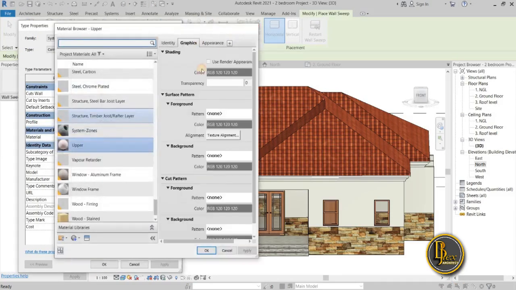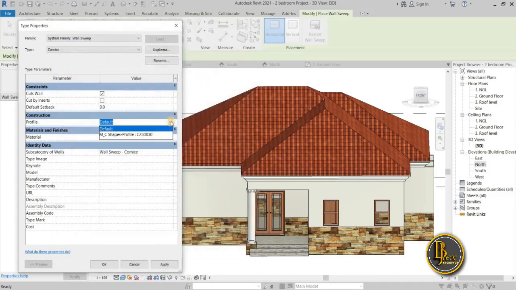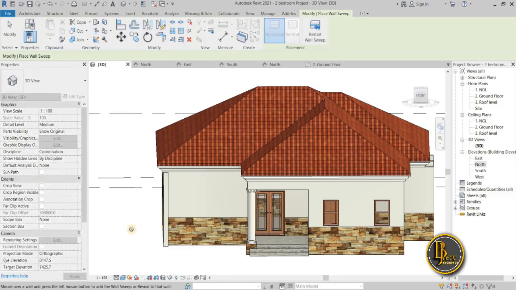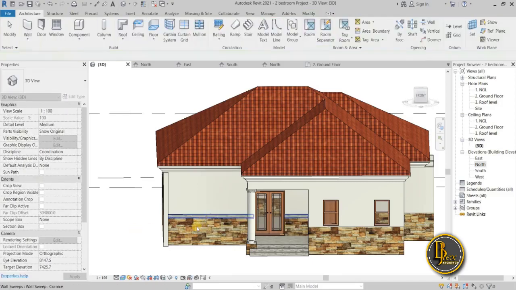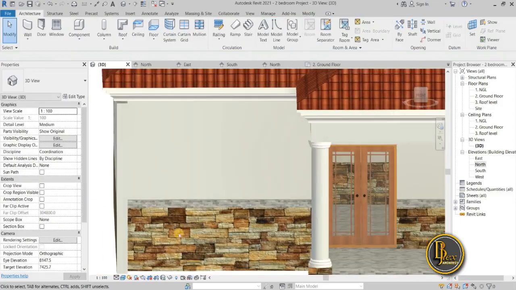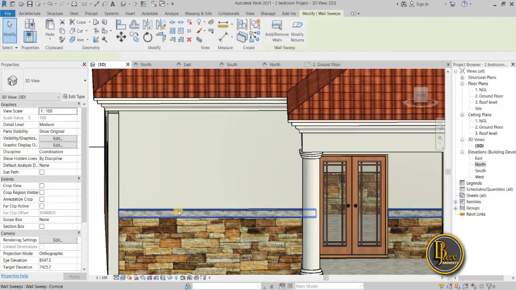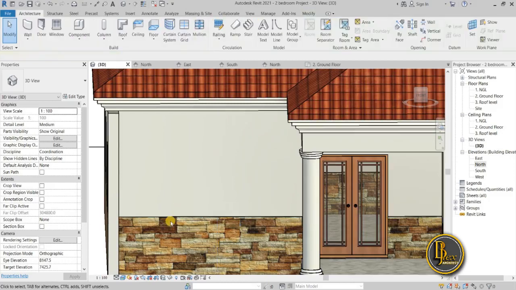The profile is set to default. So if you try to apply a default sweep to this, it will be so big and ugly. See the sweep people applied. It's not looking nice at all. So let's delete this. Let's create our own personal